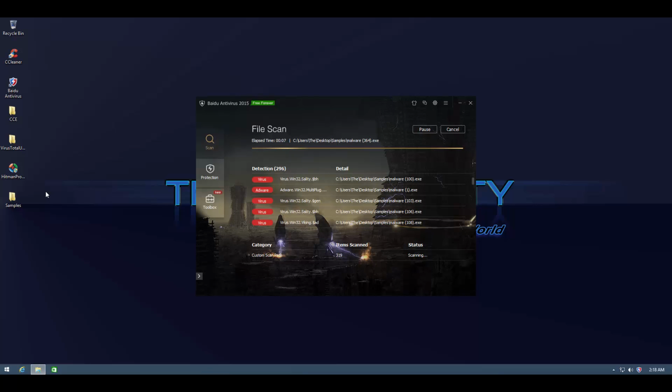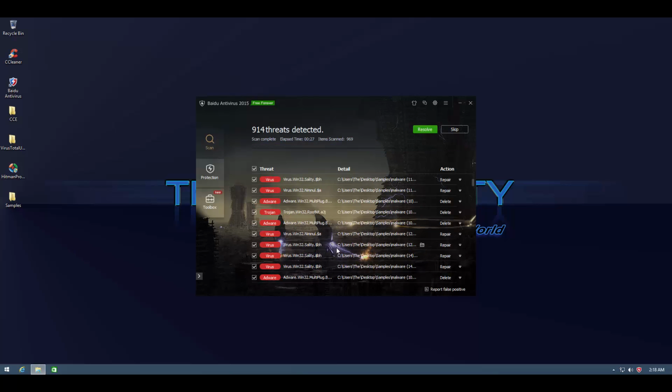Some of these files are from yesterday, some of them from a couple of days ago, so it's kind of the perfect selection that I'd like to test ideally. Every time I don't get the chance to get the best samples, but this time it should be a good collection. I will be expecting moderate to high detection rates. Let's see how many Baidu can find. So it's found a ton of stuff. Let me go ahead and I'm not going to repair because that might change the way I calculate the detection rate, but well,